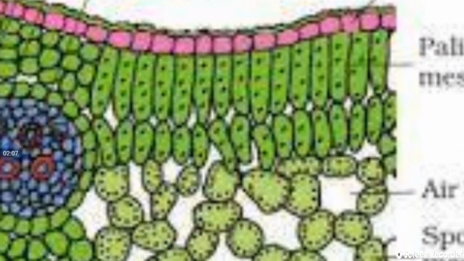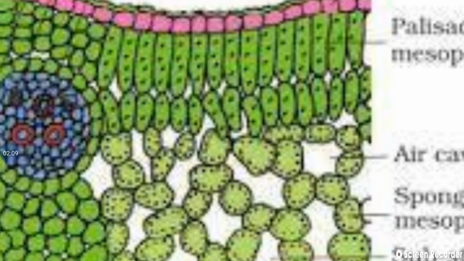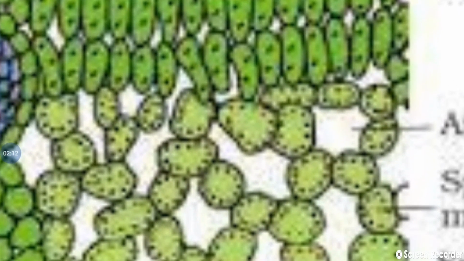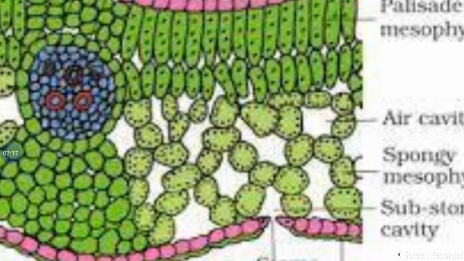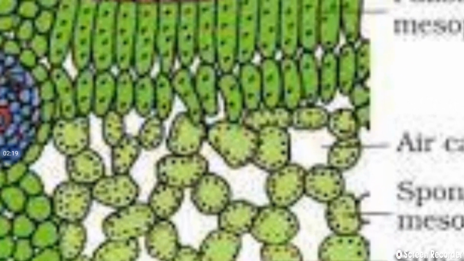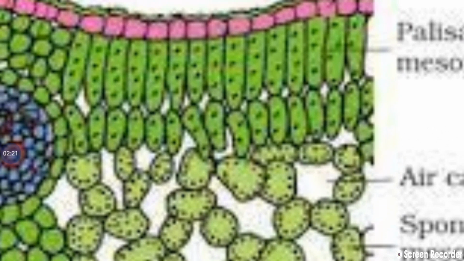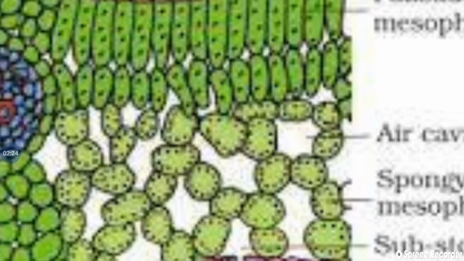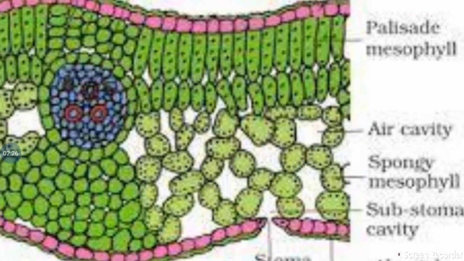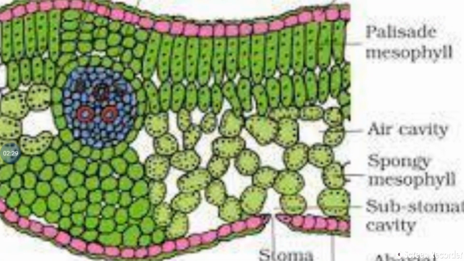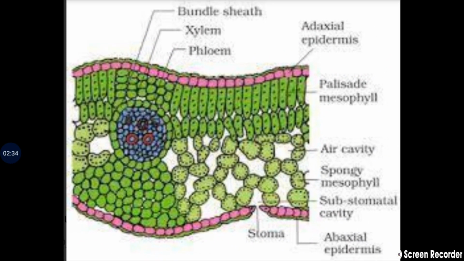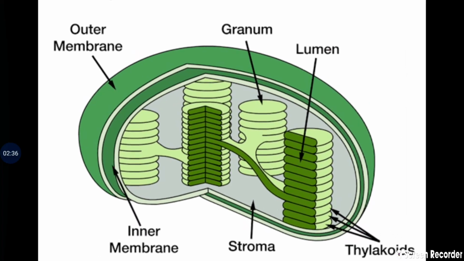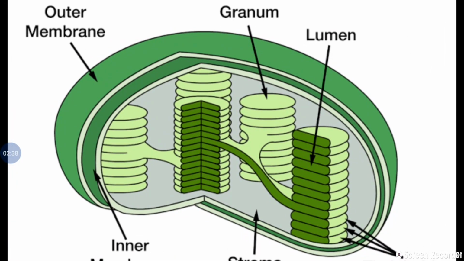If you look more closely at the mesophyll tissue, we find small black colored dots in the cells. They are called chloroplasts. Each cell of the mesophyll consists of 40 to 100 chloroplasts. If we zoom in further, taking an exclusive cross section, then you find the structure of the chloroplast is this.